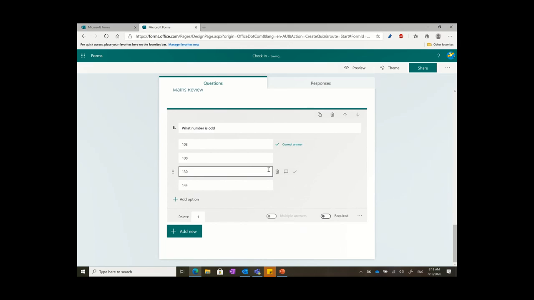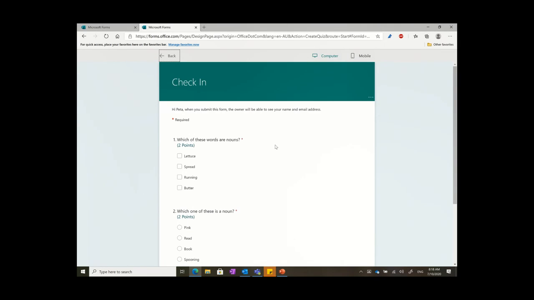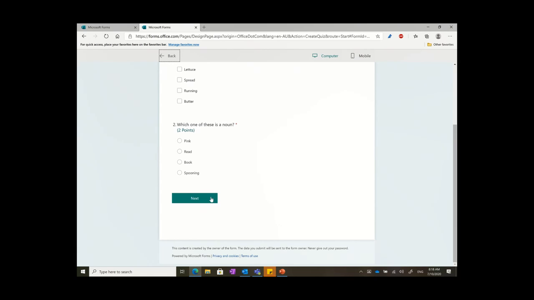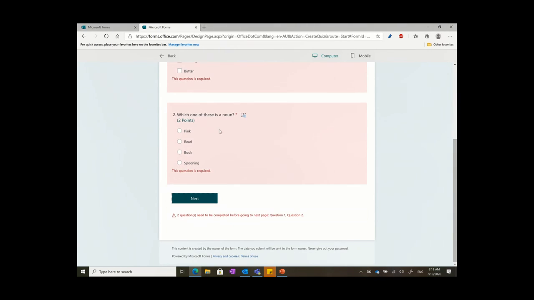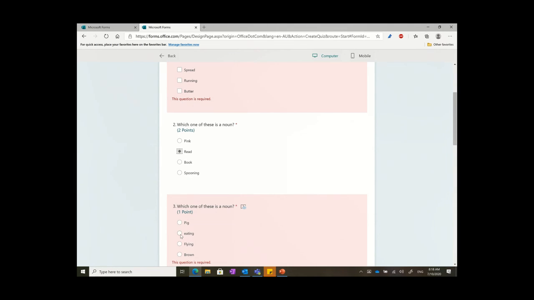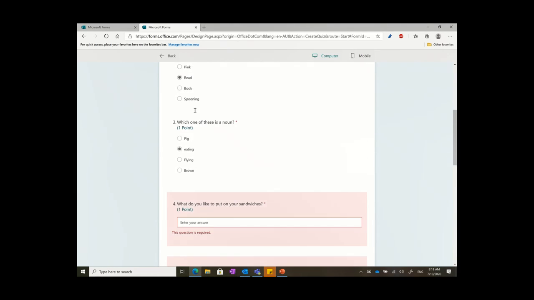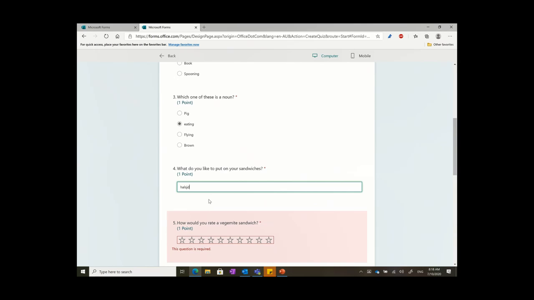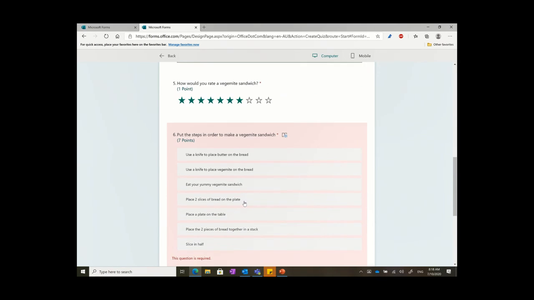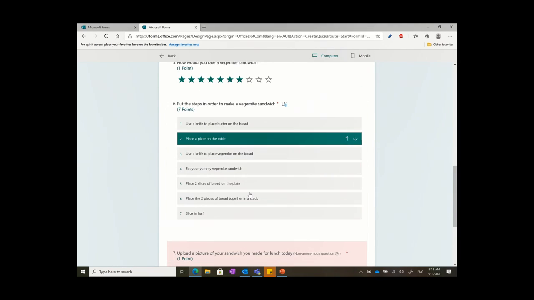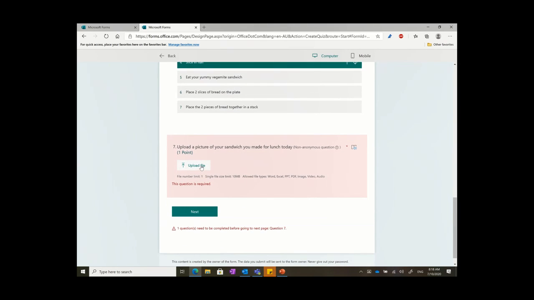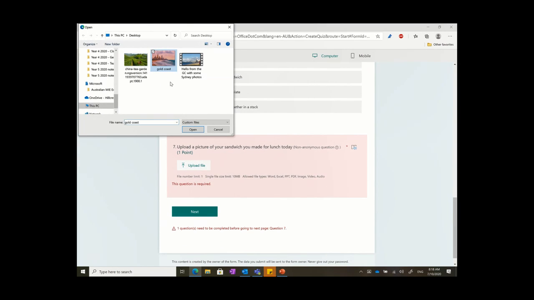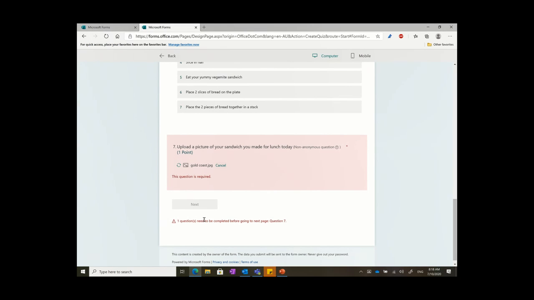So instead of actually having a multiple choice like you had up here, you can actually go to, it won't let me do it. I'll just do these ones quickly. Right, and this one, this is how you would shuffle them around, etc. Upload a picture. I'll just do a simple quick upload. Done. And while that's spinning,